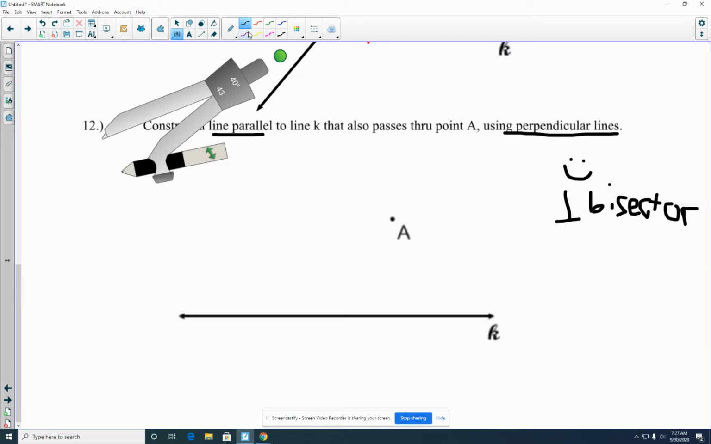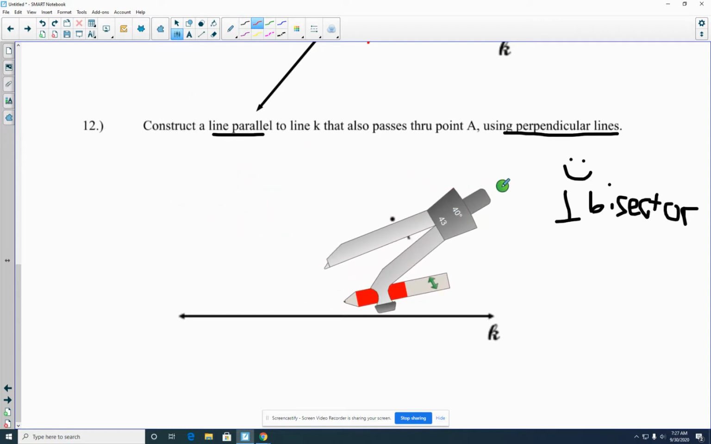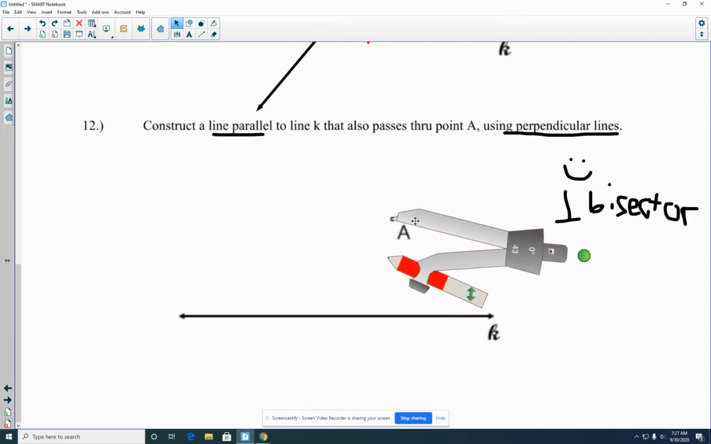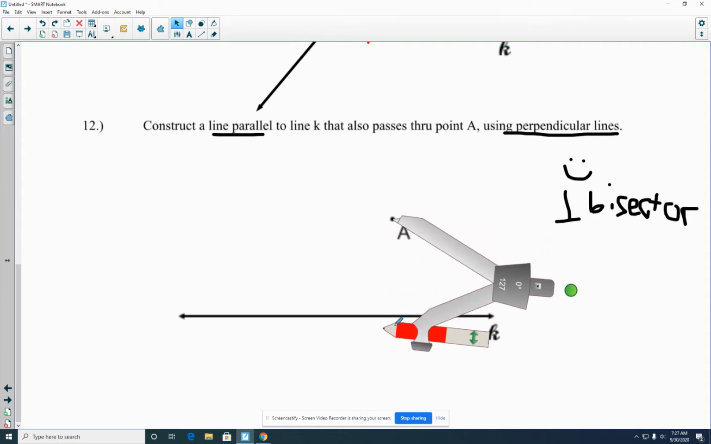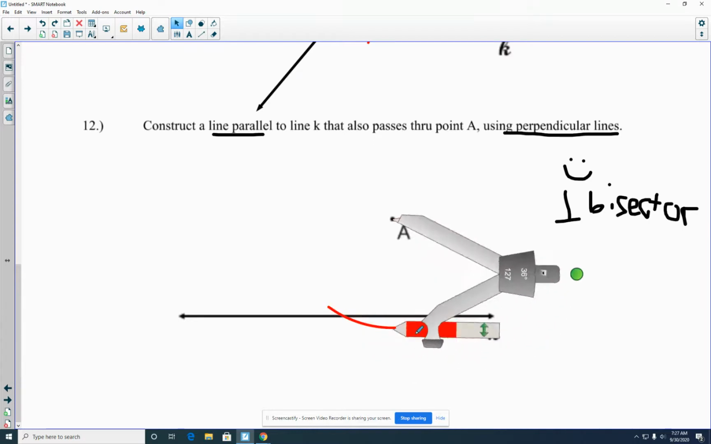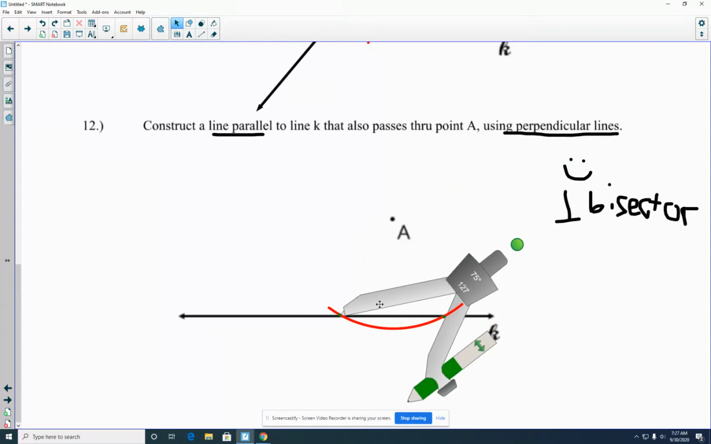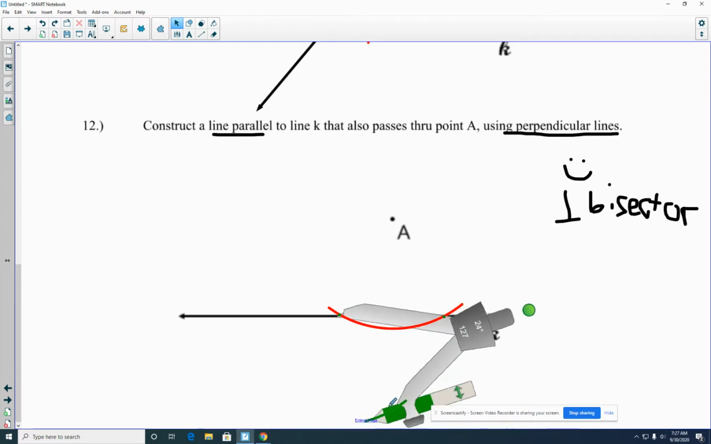Okay, so let's do our smiley face first. So I'm going to go needle on A, pencil past the line, swing a smiley face. Okay, now I have 2 points of intersection here and here. Show them. So point of intersection here and here. So it's the perpendicular bisector of that segment now. Now because my point is above the line, I actually only need to have my arcs under the line. So here,